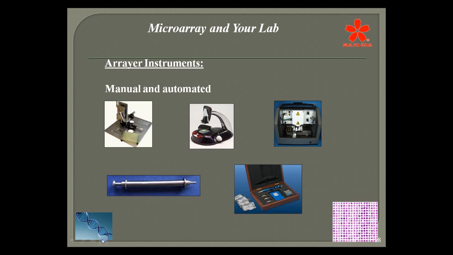Now, there are several types of instruments out there to make the arrays. They're both manual and automated, and I've listed some here for you to see. The one on the immediate left is one that's very manual, and for most purposes in most places that's probably the one of choice. The one in the middle is a relatively newer design, and it does very well. The one on the far right is an automated system that would have a computer tied to it with software, and would be certainly a little bit more precise and consistent, and would perform a few more arrays than the